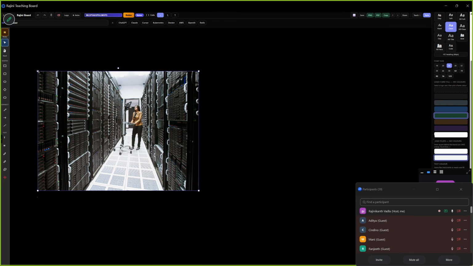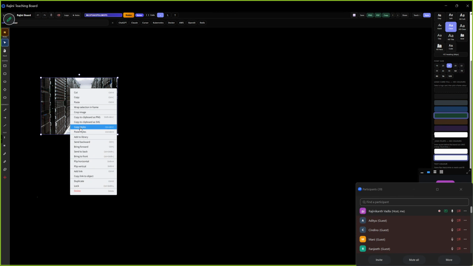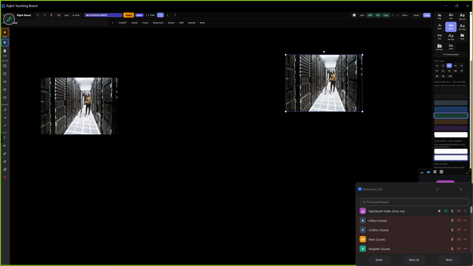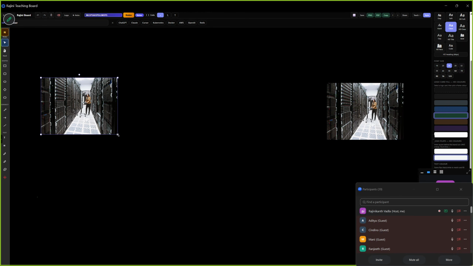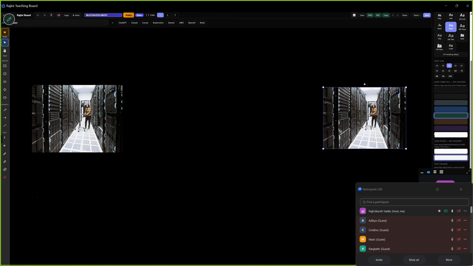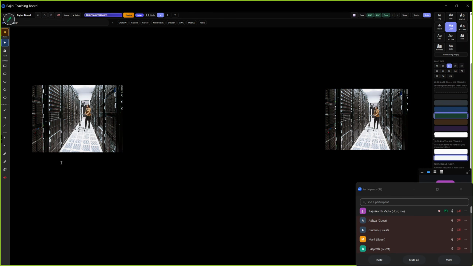This is my data center. You might have heard about the two terminologies, DC and DR. What are these two terms, sir? Data center, data recovery. Yes.